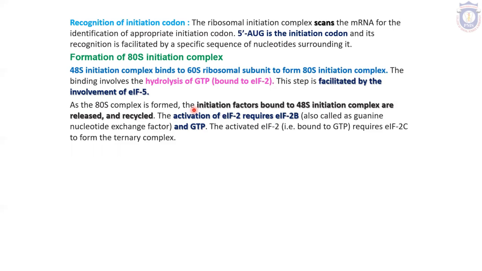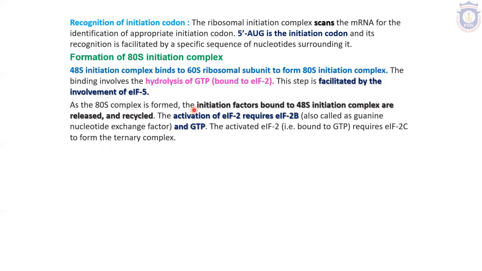The 48S initiation complex binds to the 60S ribosomal subunit to form the 80S initiation complex. The binding involves the hydrolysis of GTP bound to eukaryotic initiation factor 2. This step is facilitated by the involvement of eukaryotic initiation factor 5. As the 80S complex is formed, the initiation factors bound to the 48S initiation complex are released